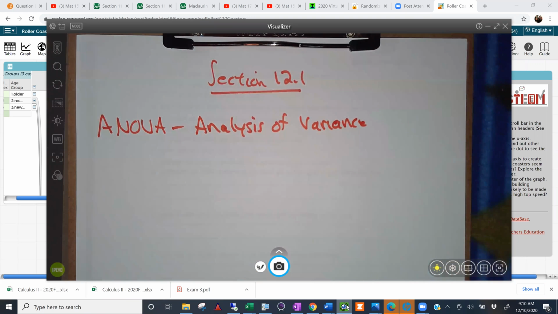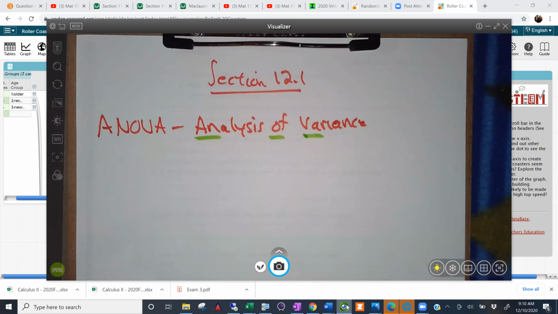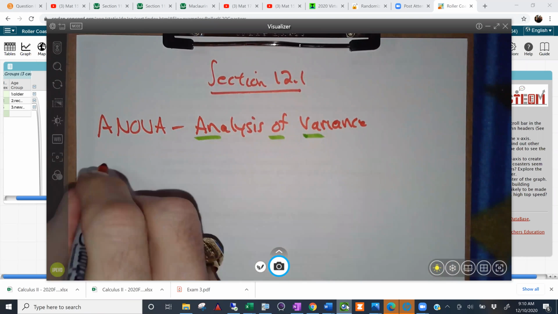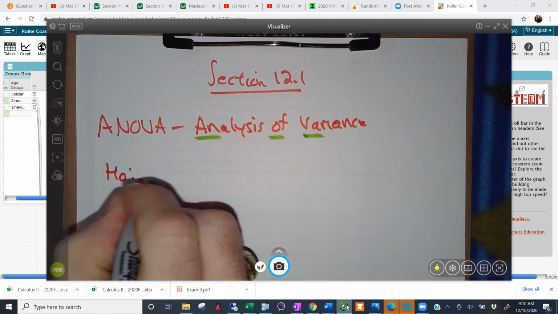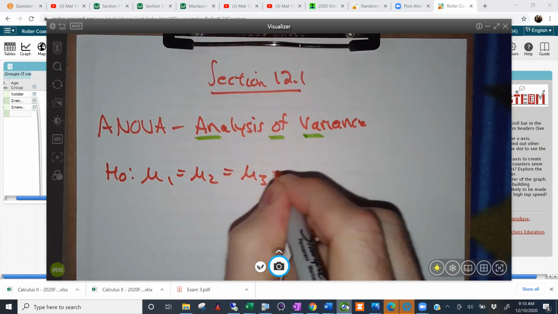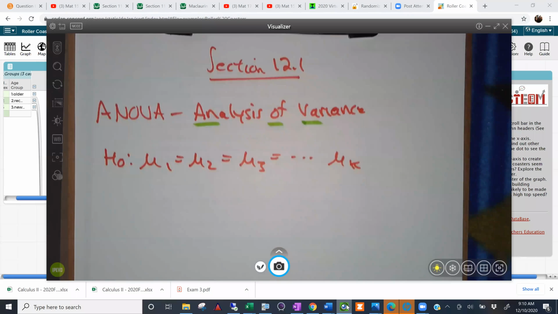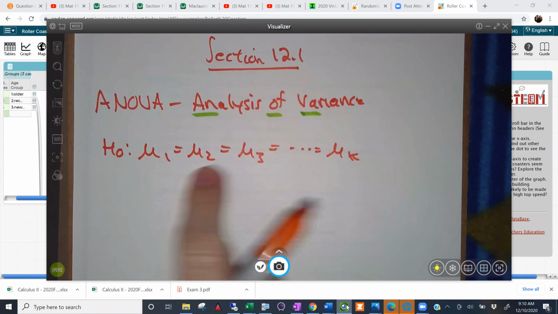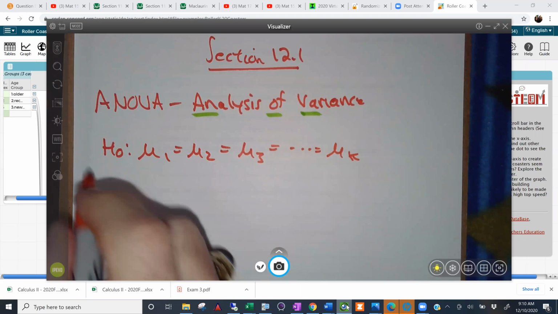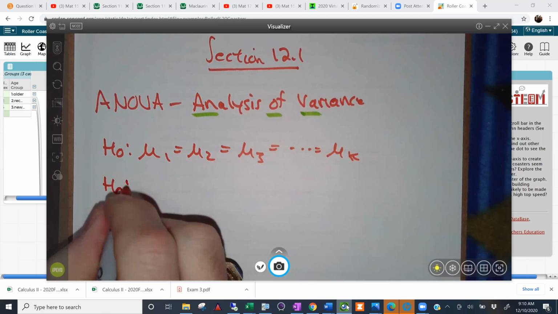So it's kind of put together from these words, ANOVA. And what an ANOVA is for is testing hypotheses of this form: mu1 equals mu2 equals mu3, as many different means as you want, many different treatment groups. So this is always going to be the form of your null hypothesis, and your alternative hypothesis is going to